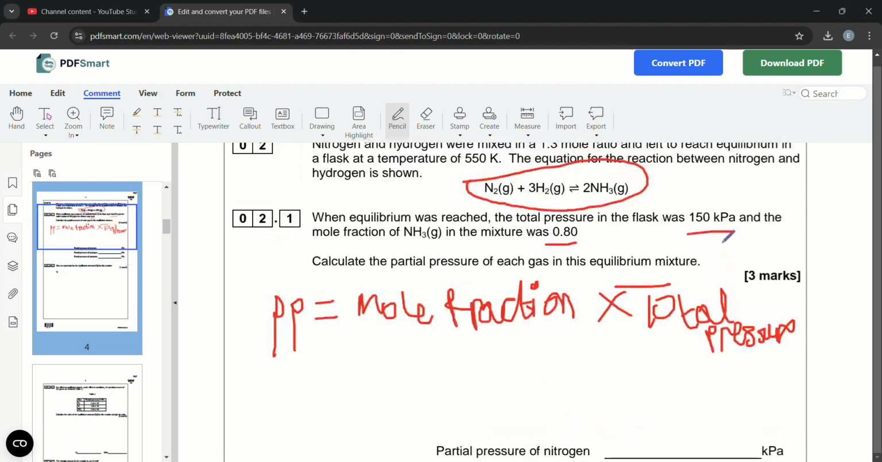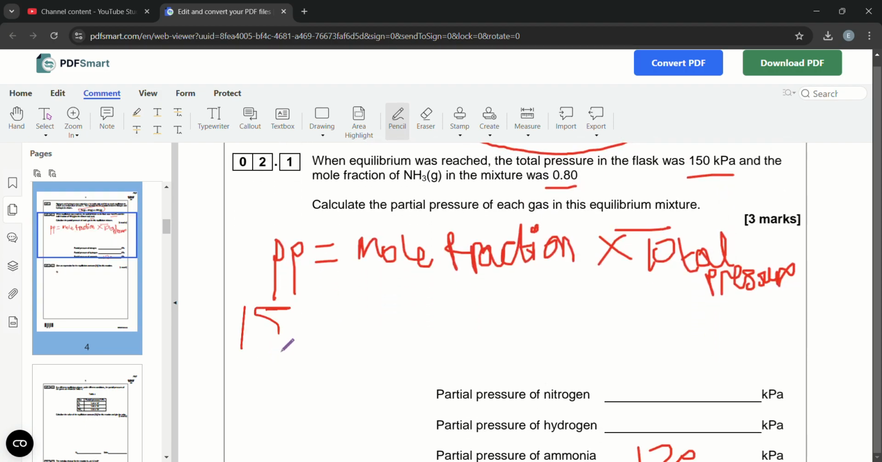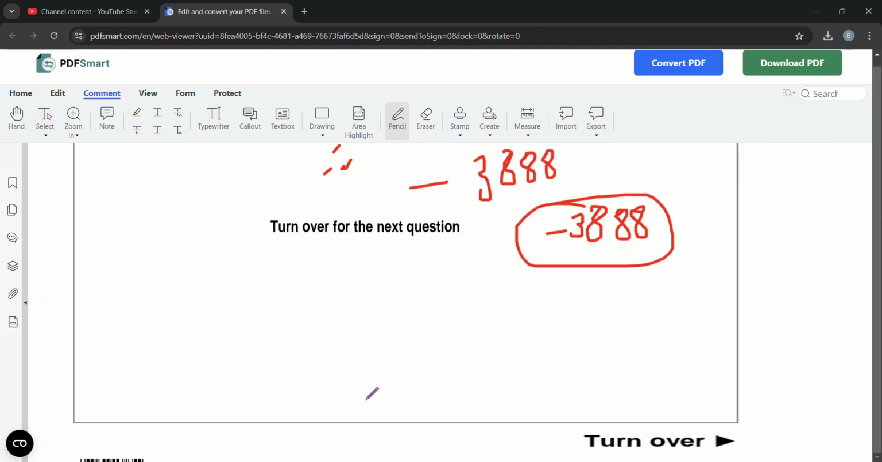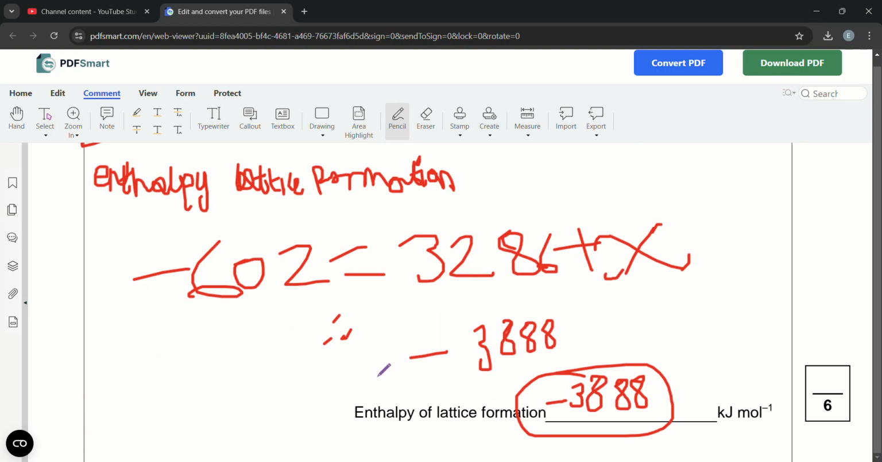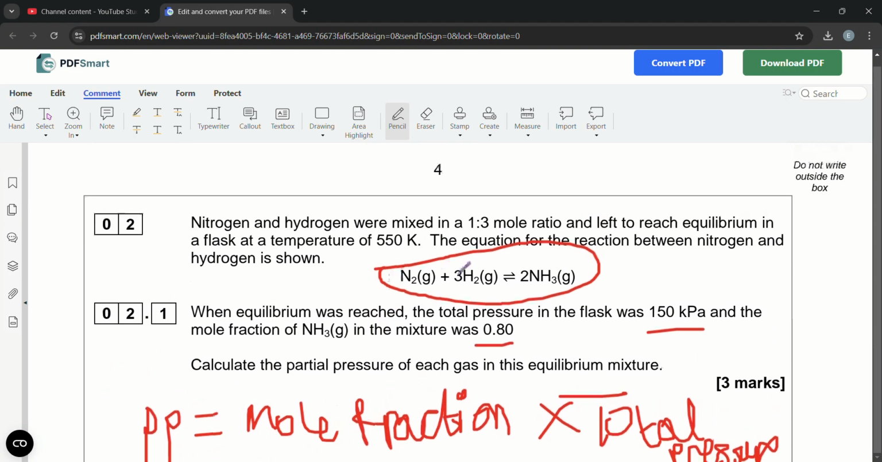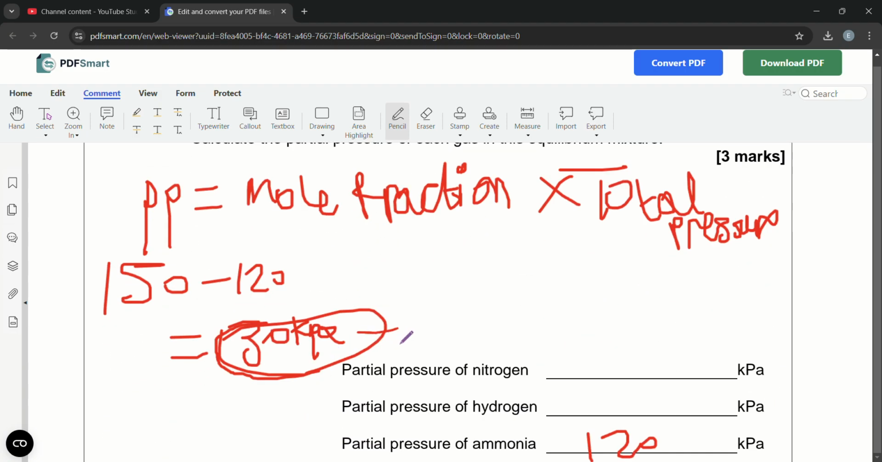And now we know the total is 150, so the remaining pressure is going to be 150 minus 120, 30 kilopascals. And that's going to be shared between nitrogen and hydrogen. And you might be wondering, how do we know how much nitrogen gets, how much hydrogen gets? Well, we know that it's a 1:3 molar ratio, so we're going to do this divided by 4,